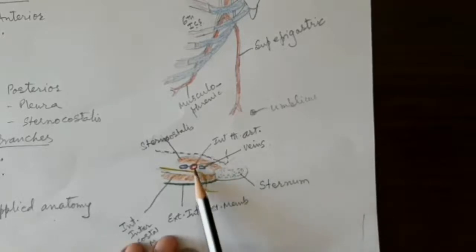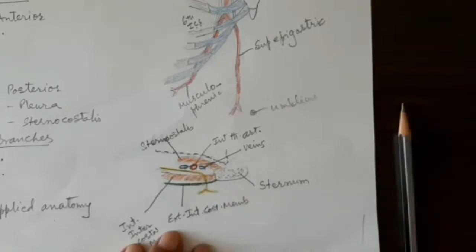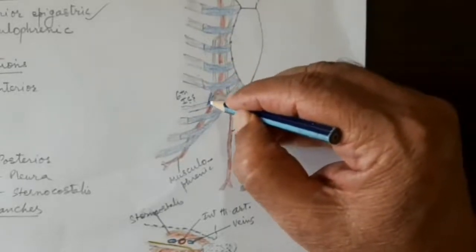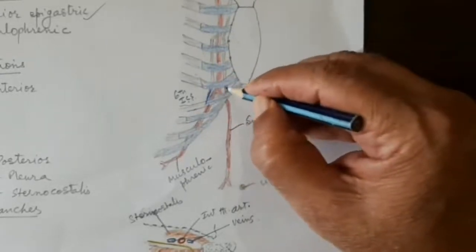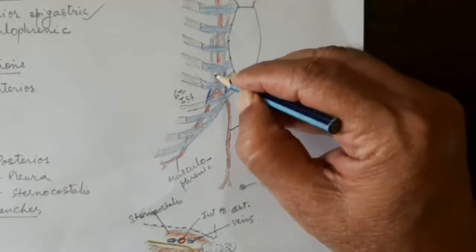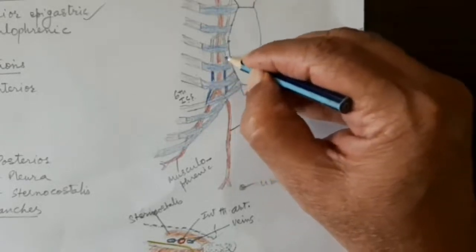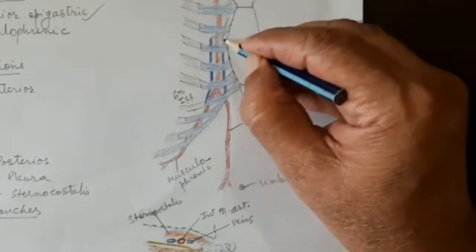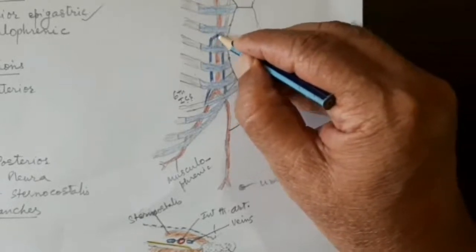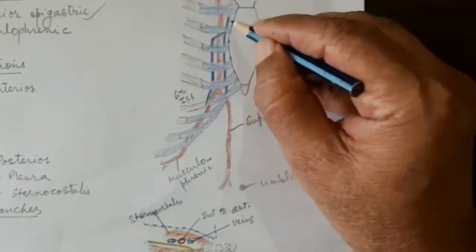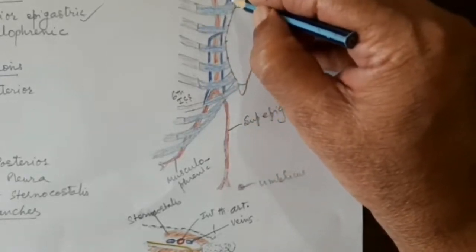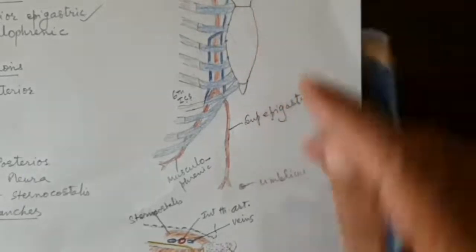As this artery is accompanied by veins, let me draw these veins here with the blue color. These veins accompany the terminal branches first, and then they lie on either side of the internal thoracic artery, on the right side as well as the left side. Then they unite to form a single vein, and this vein will ascend in the second and first intercostal space and go to drain